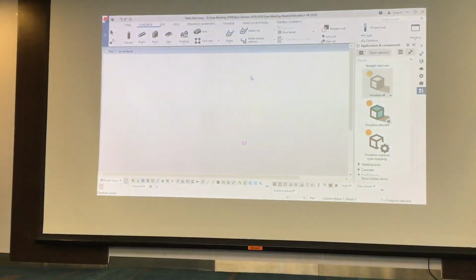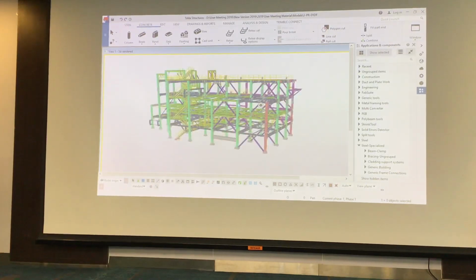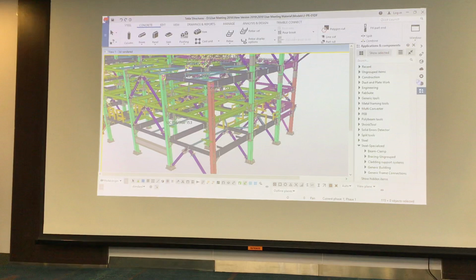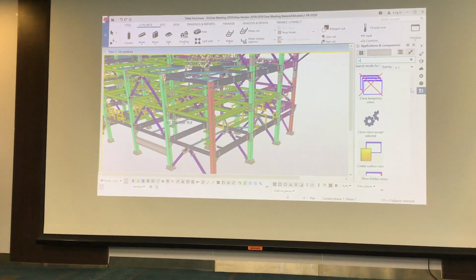Right, okay, so let me just show you. I just load up. There we are. So I've got a project here. Just wait for it to load. There we are. So this here, look, is a typical kind of industrial project. There it is, look. Okay? All complete. If I now use that visualizer, I can say visualize all,